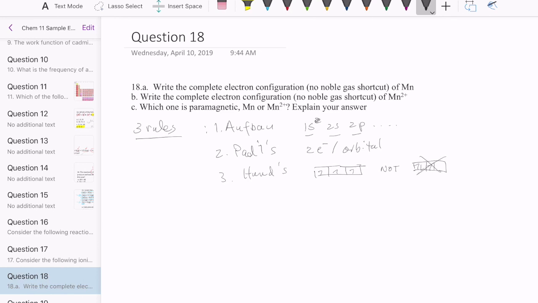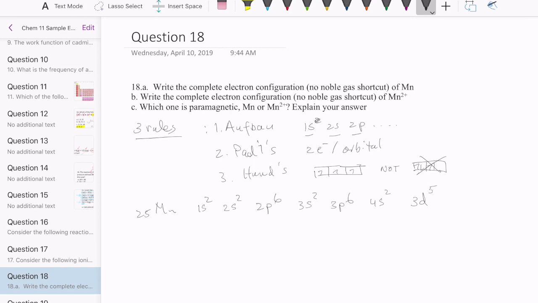If you look up the periodic table, manganese has 25 electrons. So let's start our configuration. We'll have 1s2, 2s2, and then after 2s we have 2p, which has a total of 6 electrons. And then 3s has 2, 3p has 6, and remember that with the sequence, the 4s orbital is actually lower in energy when it's empty compared to the 3d orbital, so we would do 4s first here, and that would have 2 electrons at the most. And so at this point we have 20 electrons,